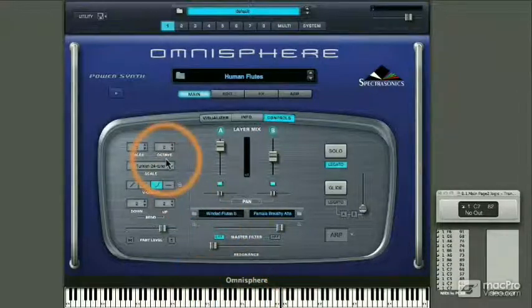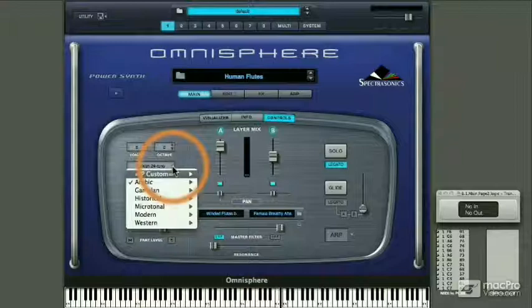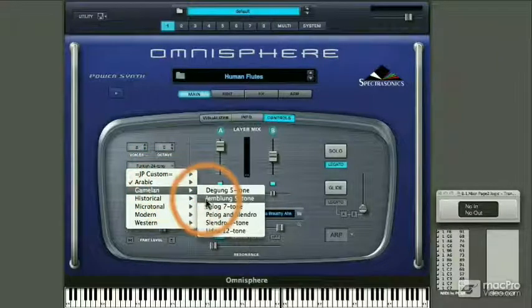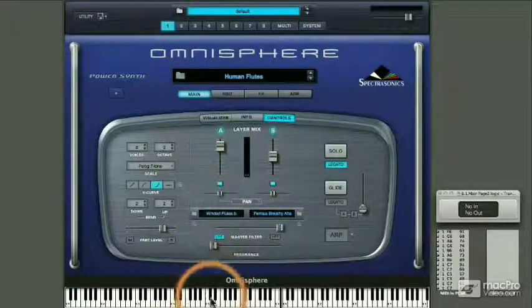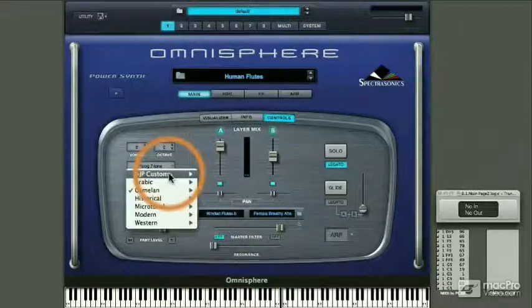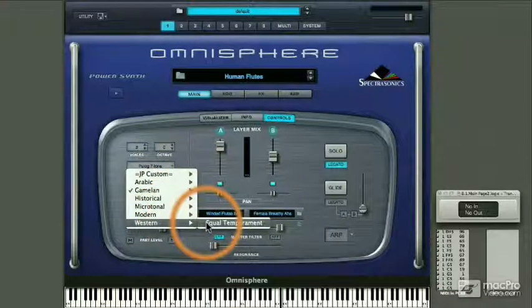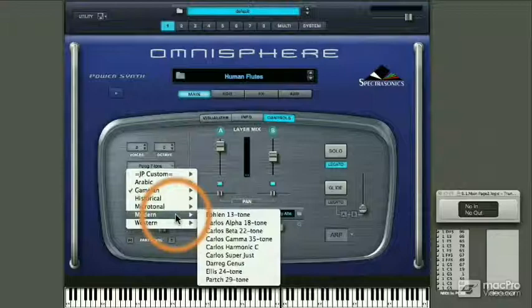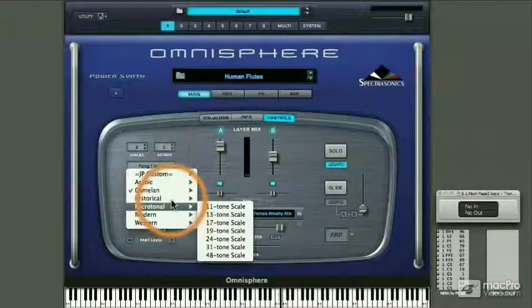A 2-octave range on my keyboard creates only a single octave pitch difference. Here's a 7-tone scale derived from one of the gamelan instruments. A fifth on the keyboard produces the octave range, and the 7 tones of the scale are produced by playing chromatically. In addition to a variety of ethnic tunings, Omnisphere provides modern Western tunings, microtonal tunings, and alternate historical Western